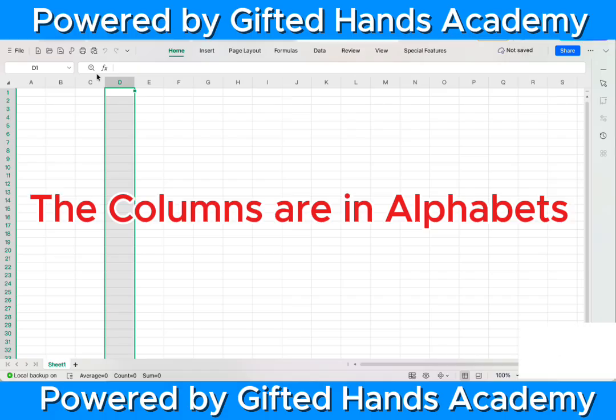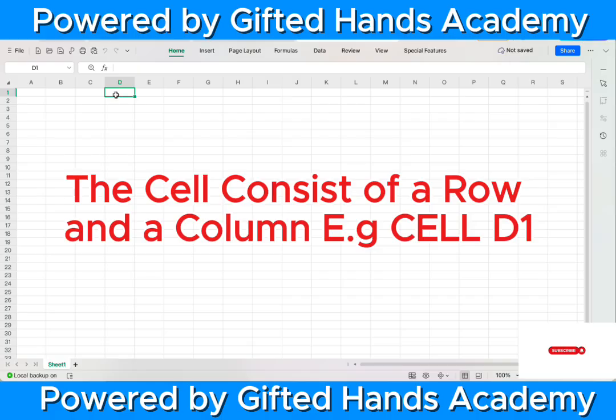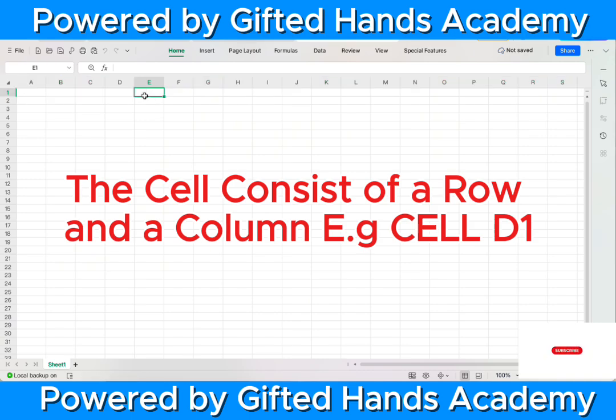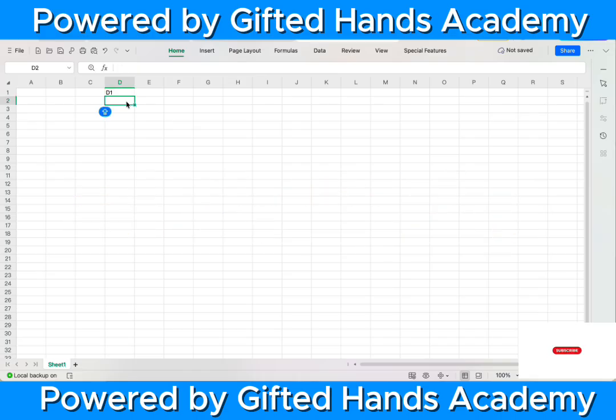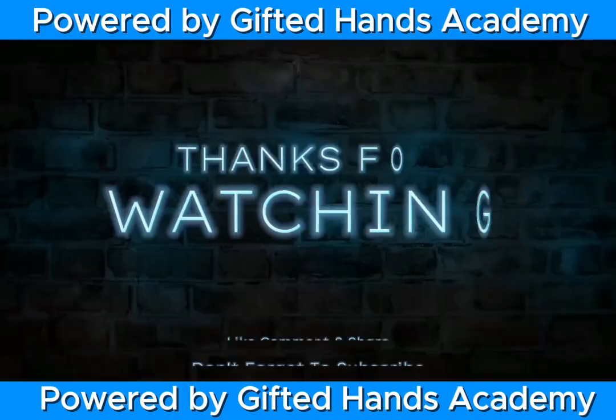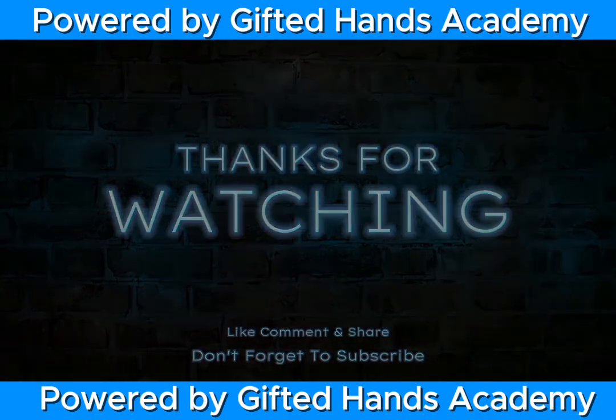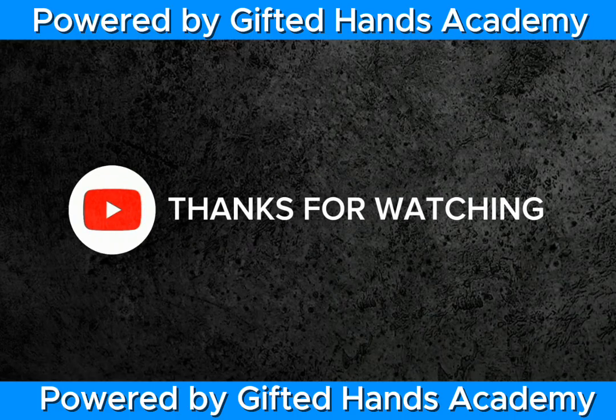Can we see? Then if you check this side, you see the cell number. So the cell number here is D1 because it is on column D, row 1. So you can see the formula bar here is changing. So this E1, then this E2, this column D, row 1, then this column D, row 2, then this column E, row 1, and this column E,